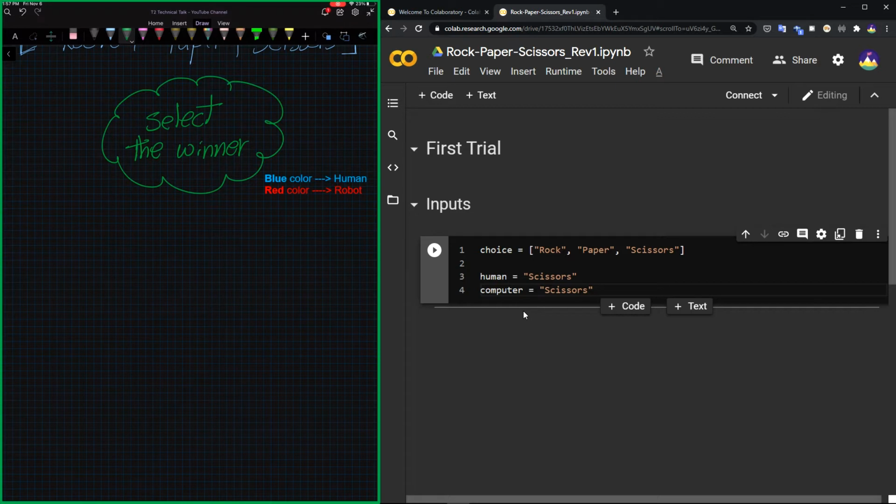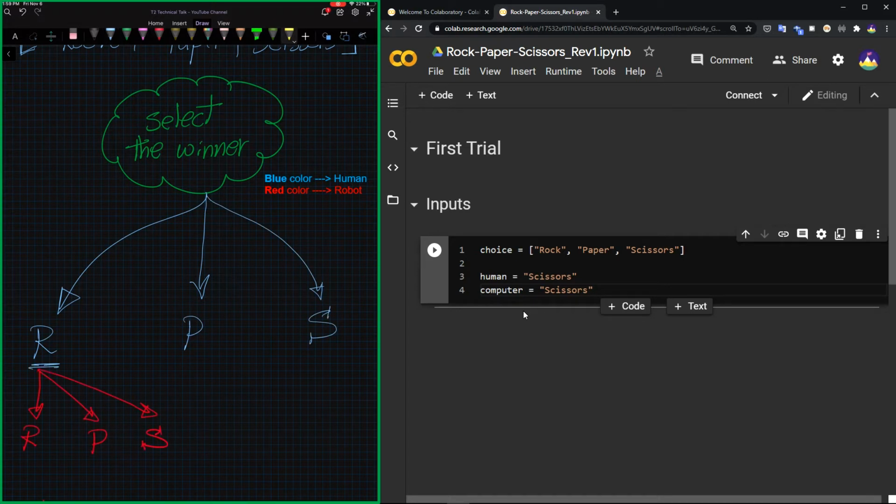Let's start flowcharting how the winner will be selected. I will use here a blue color for human and red color for robot. There are only three branches: rock, paper, scissors. Inside those three branches, there will be another three branches to represent the robot selection. Rock against rock, it is going to be a tie.